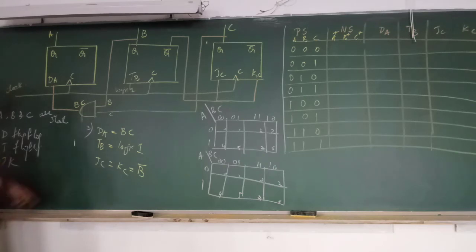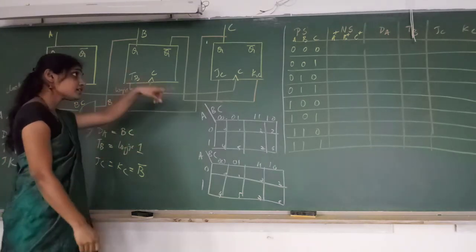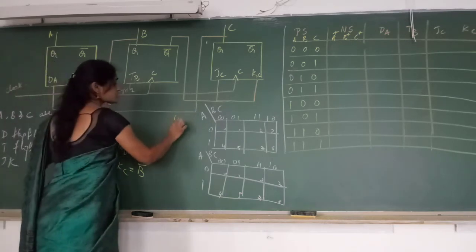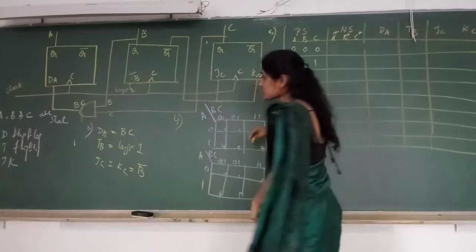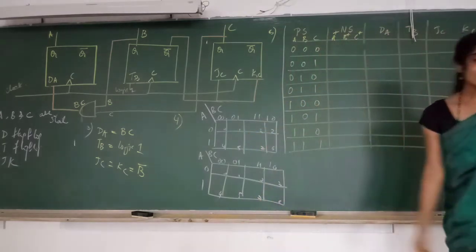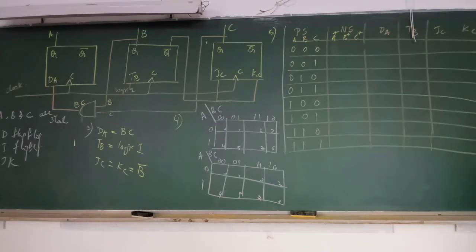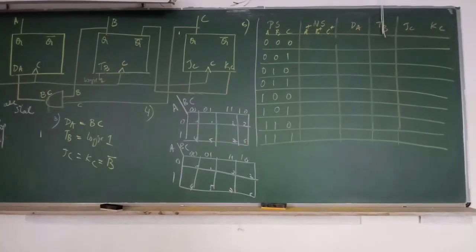Now, looking at this, you can write the K map. The other option is to first write the next step. This will be the fourth step, and first we will write the fifth step: the excitation table, from which we can write the K map. So what are the columns we have in the excitation table? Present state, next state and flip-flop inputs.